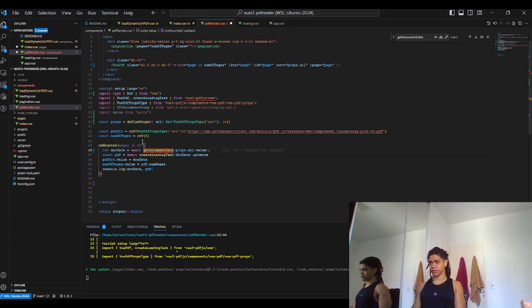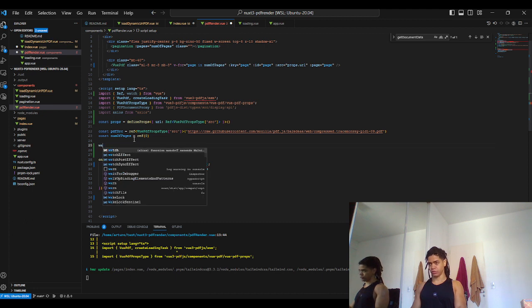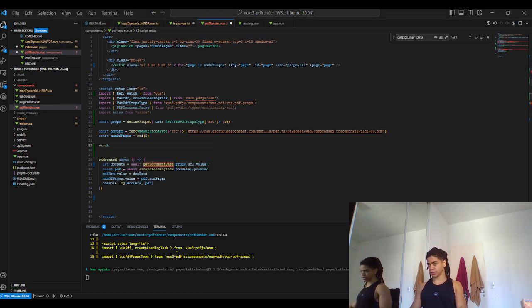So here what we can define is a watch for that. Instead of only importing the type, you're going to define also the watch like this. So instead of defining it onMounted, I'm going to use the watch for that,